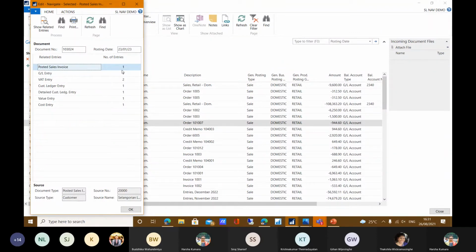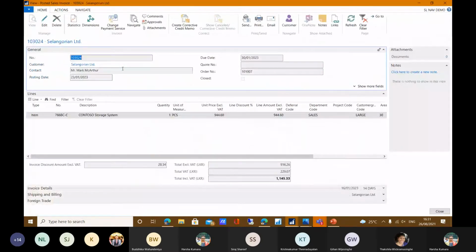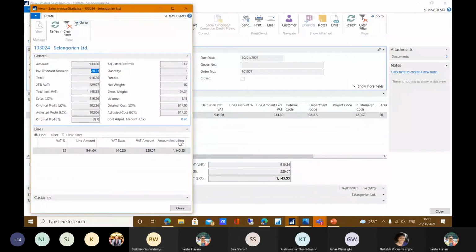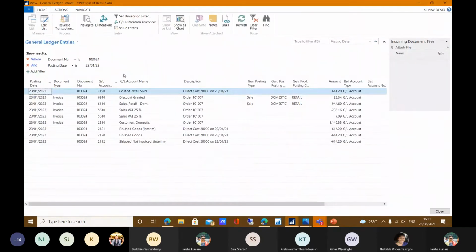This posted sales invoice, you can navigate in here and system will show what are the posted sales invoice that is associated, the item, and what are the quantity they sold and what is the unit price. And also you can go to the statistics field and you can see the profit, and what are the gross rate and what are the volume and what are the cost, and all the figures are there. Then endless navigation function in Nav you can see, and you can also see the GL entries associated with this sales invoice.